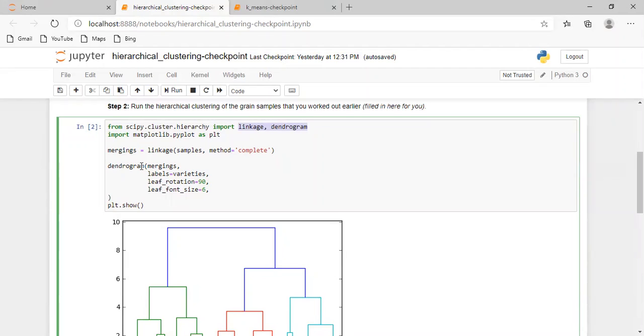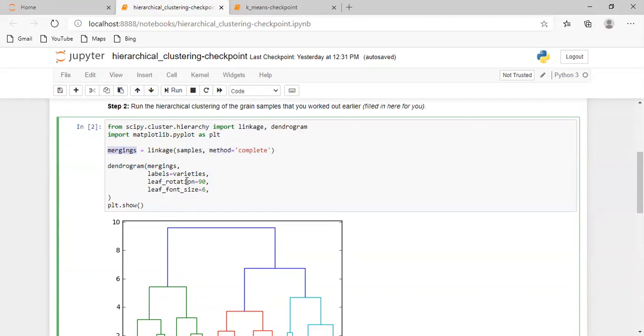How are we going to do merging here? You can use either complete or single, but we consider complete as the method along with the samples. So these are the two parameters passed to linkage, and then it does the merging.